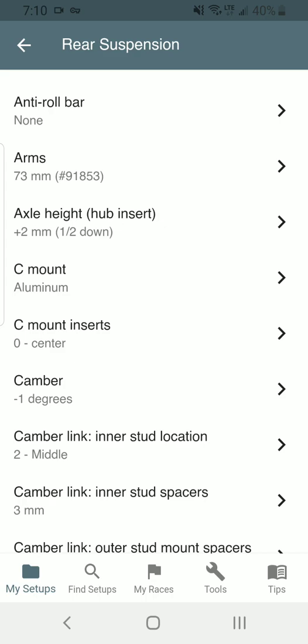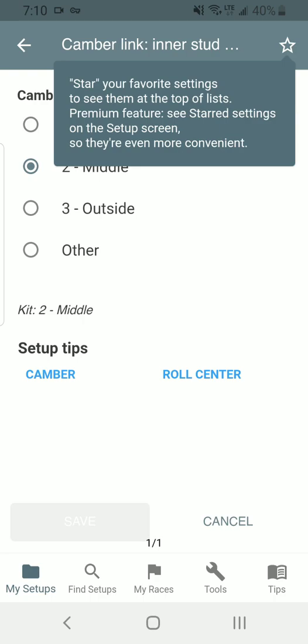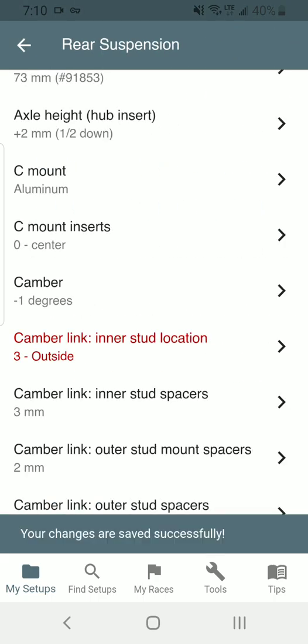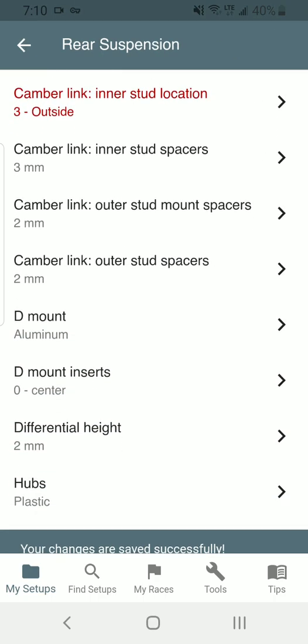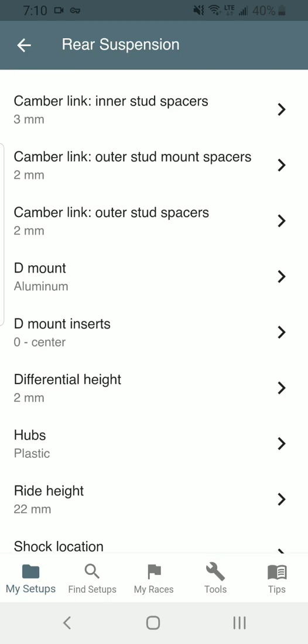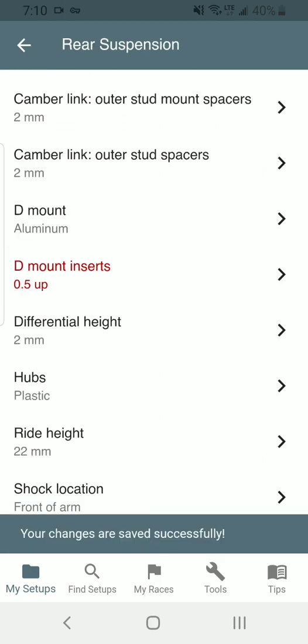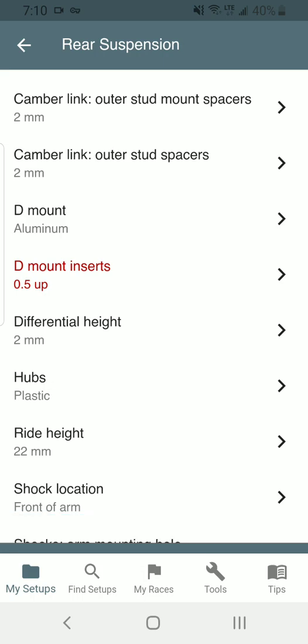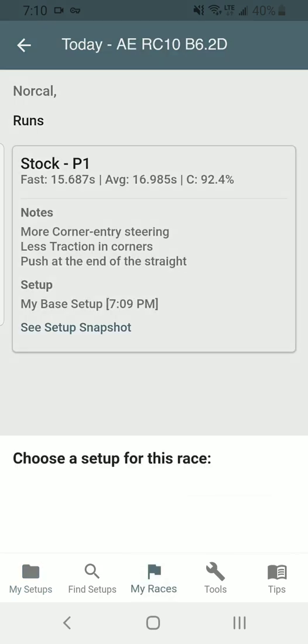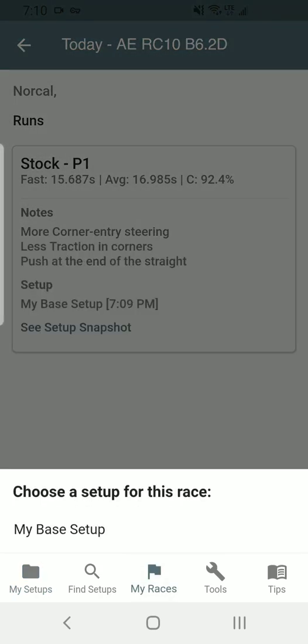I'm going to change the inner stud location to the outside. And I'm going to change the D-mount inserts to 0.5 up. All right. So now, after my next race, I'll go back to My Races, add another race, choose a setup,